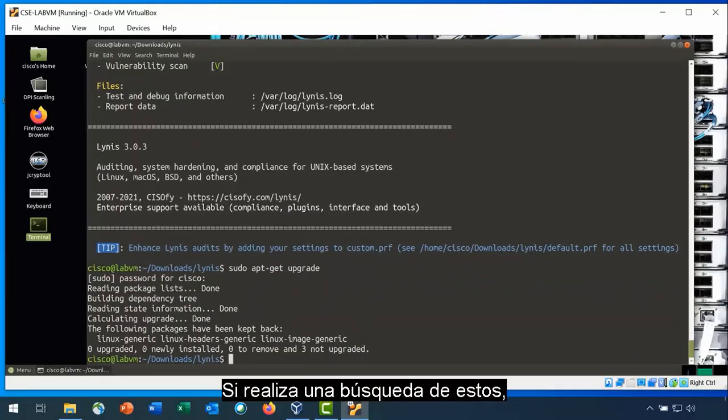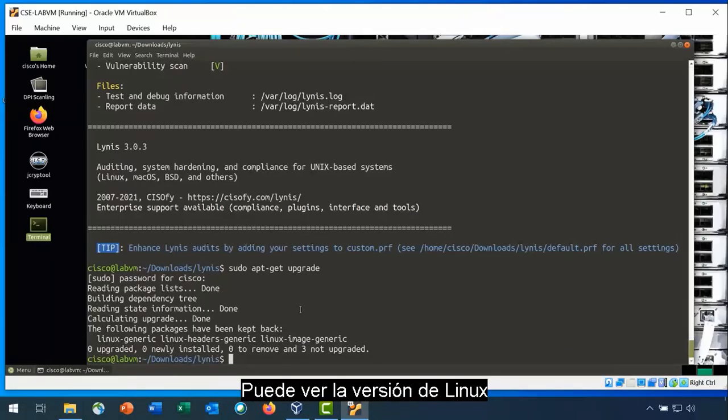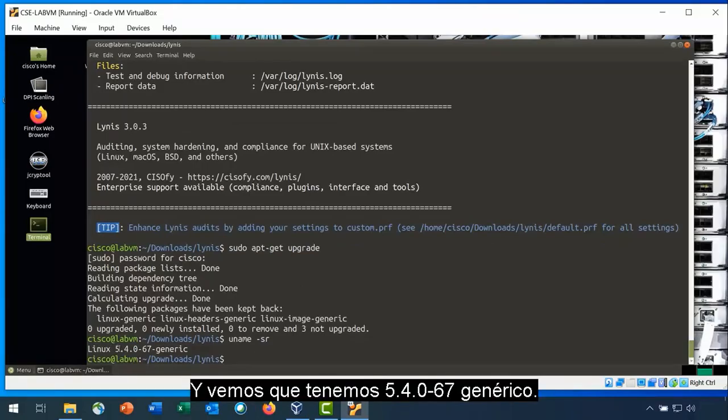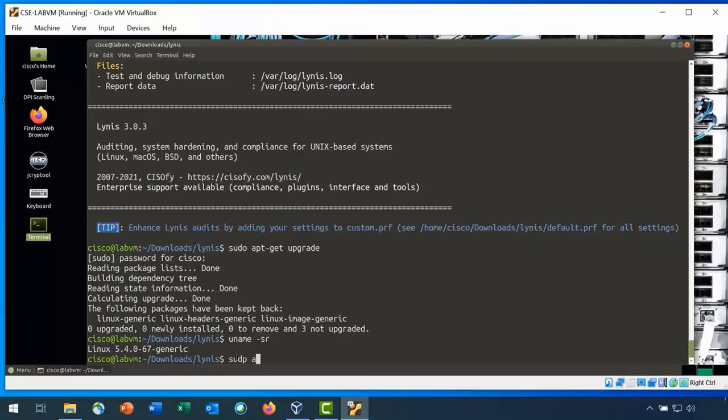If you do a search for these, you'll see that they're part of the distro. So we need to upgrade the distro for this version of Linux. You can see the version of Linux by entering the following command. uname with the options -sr. We see that we have 5.4.0-67-generic. To update the distro package, enter the command sudo